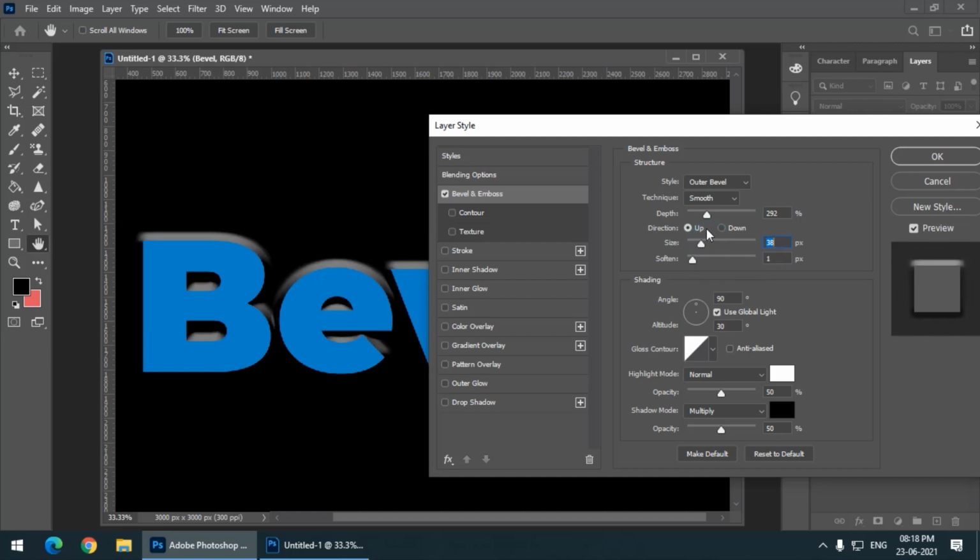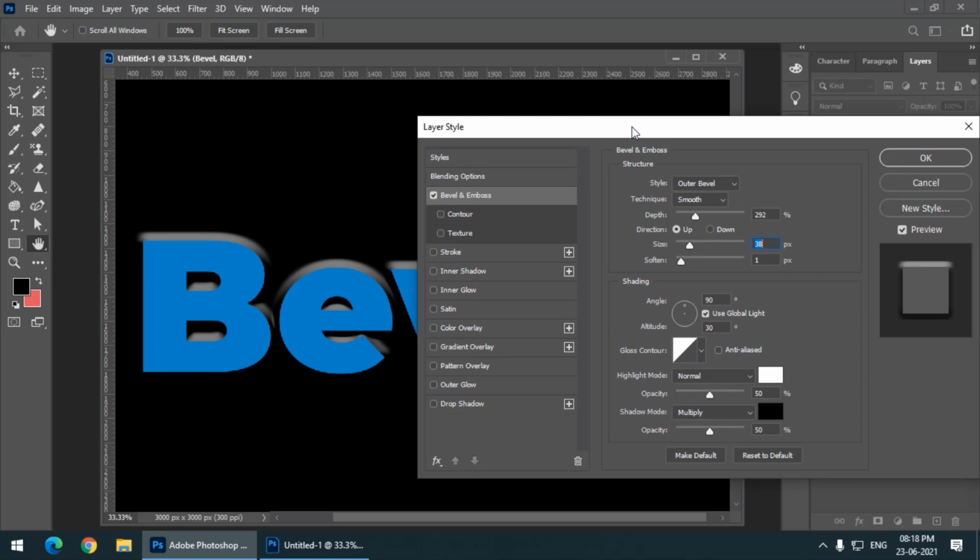You can see the difference. So this is the outer bevel. I'm only using text over here, but you can apply the same effect to any object that you select or create, or you can also apply this effect to an image as well. But I'm using text for this particular example.